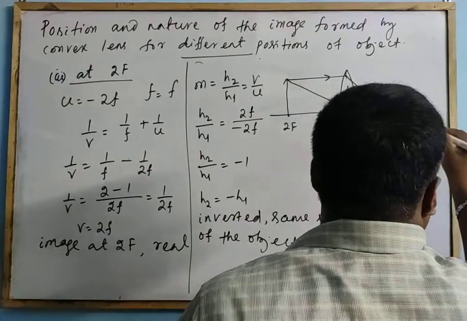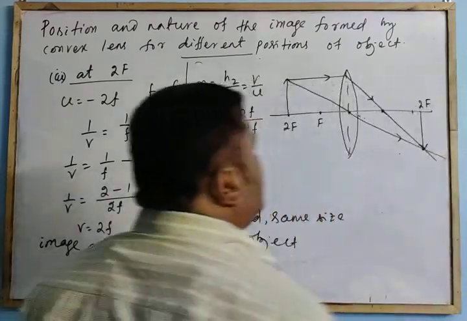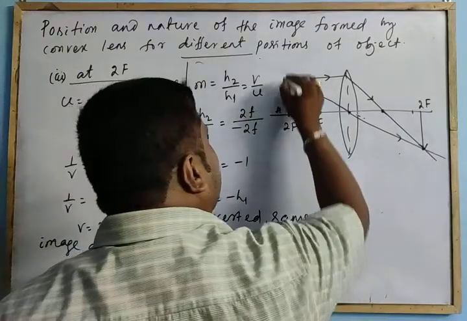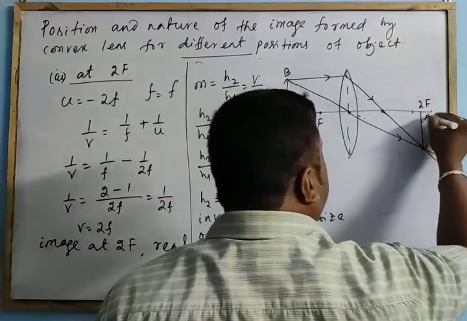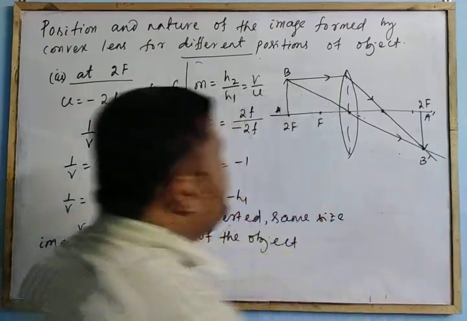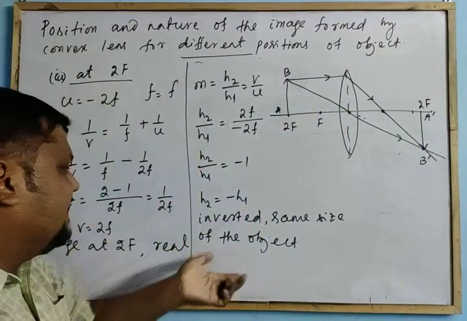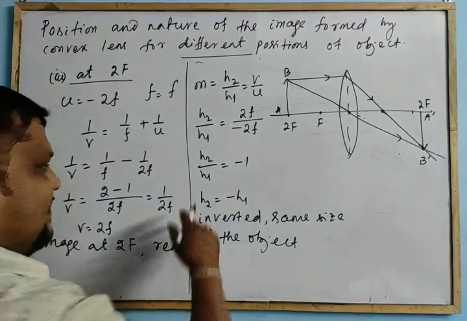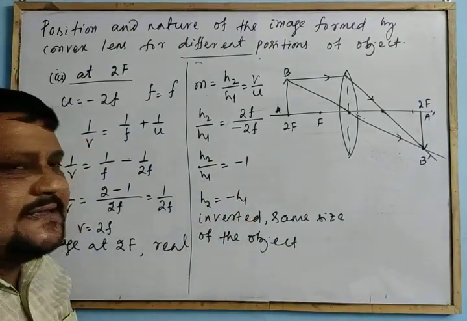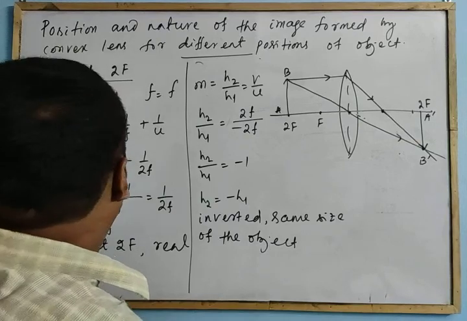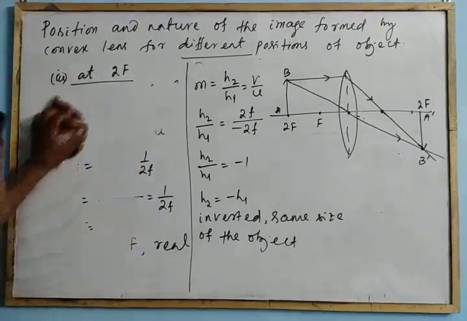Clear? This is 2f. So AB is the object and A dash, B dash is the image. Both are at 2f, same size, inverted. From that calculation, you can know the nature and positions. Okay. Then the next part is when the object is